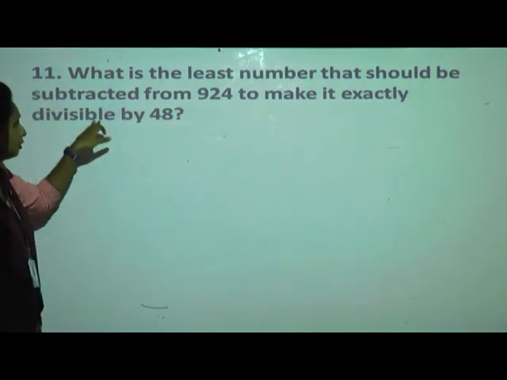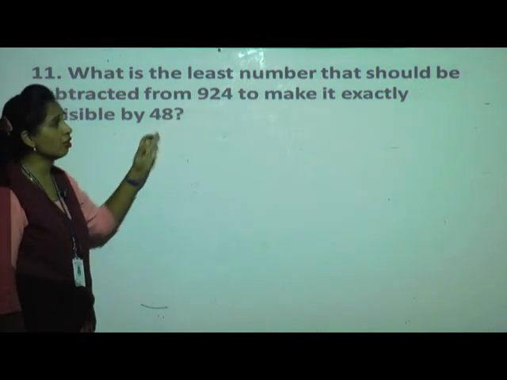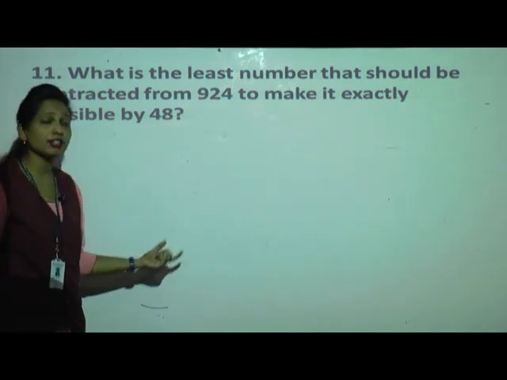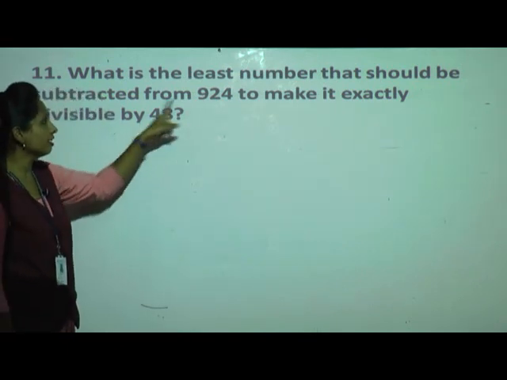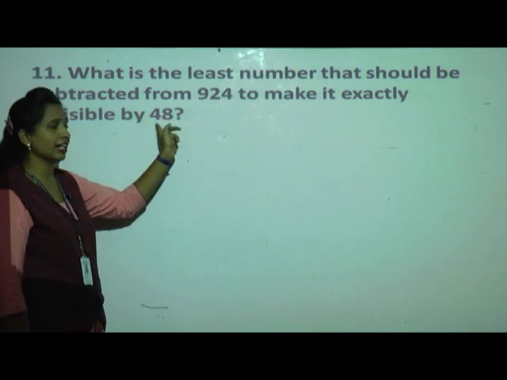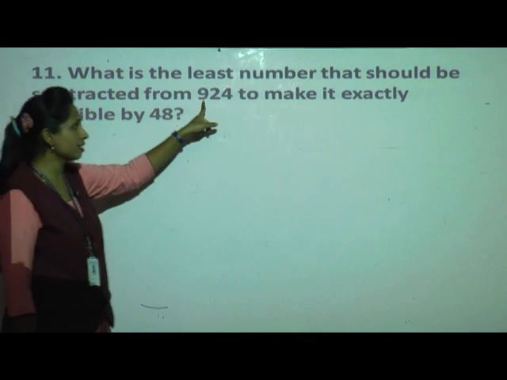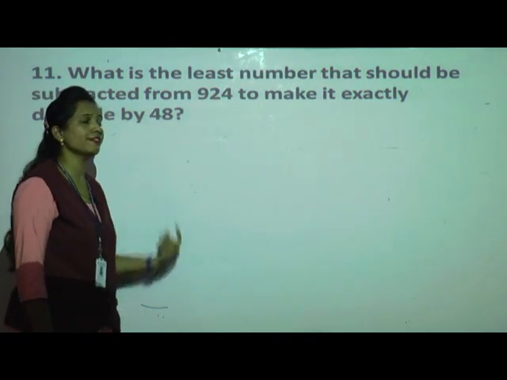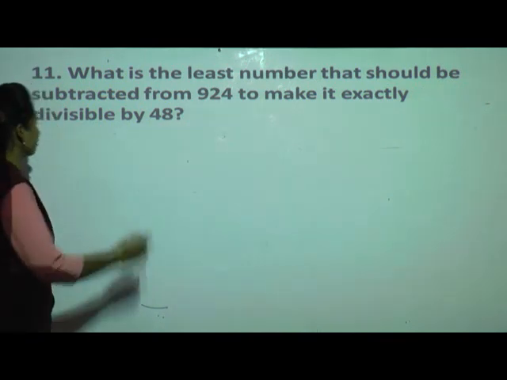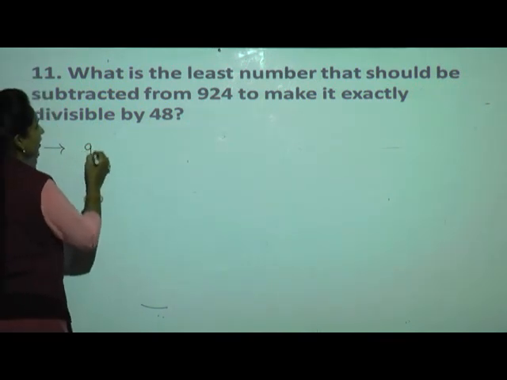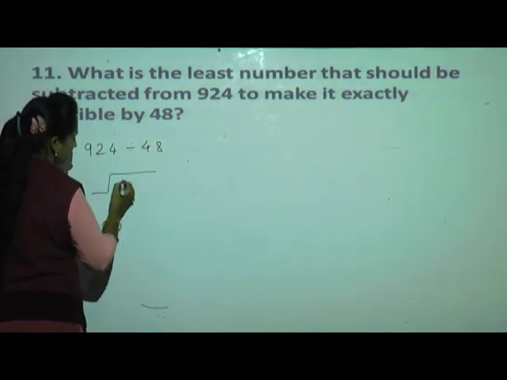Okay. So we have to divide with 48. Okay. So when we divide, we will not get exactly. Exactly means when exactly will come? When remainder will be 0. For this question, they are saying that the remainder is not 0. So exactly what number if we subtract from this given number, so we will get the exactly divisible by 48. So what you will do first? We will divide given number. Okay. See. First I will do the division of given number.